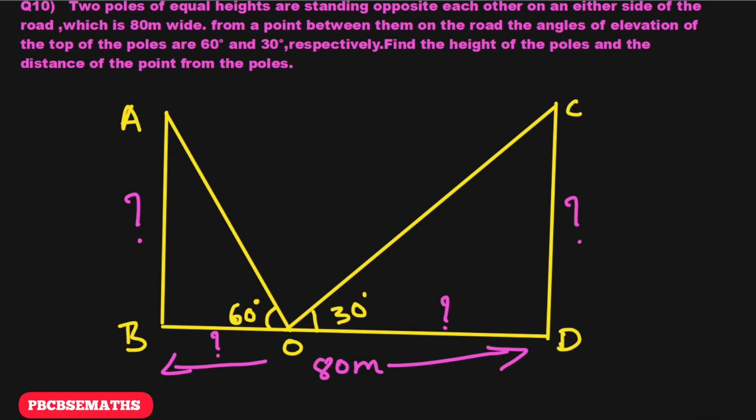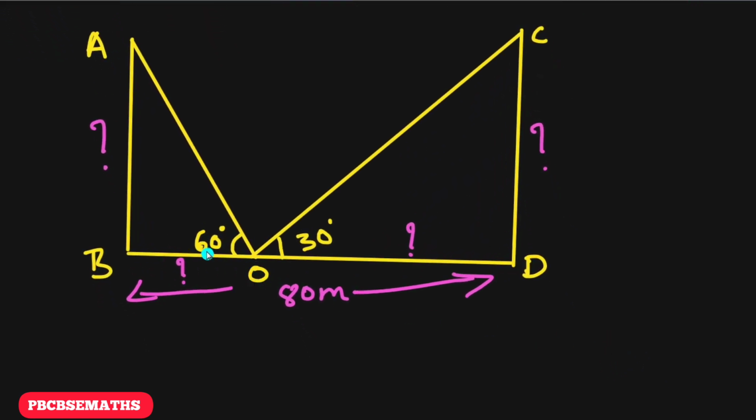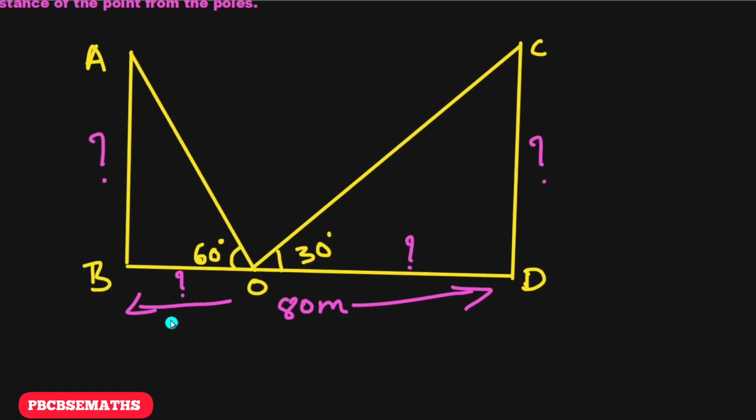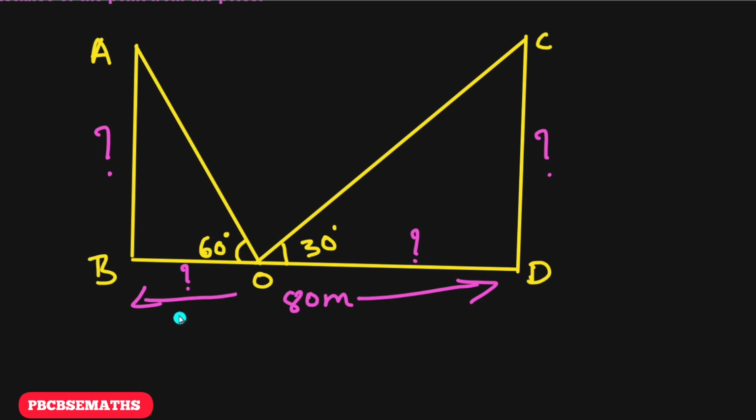So let's take a right angle triangle ODC. In the right angle triangle ODC, let's try to find the value of CD. And in this right angle triangle ABO, let's try to find out the value of AB. Then we will equate AB and CD. Then we will try to find out the heights of these two poles. So for that, let's consider the value of BO as x meters. If we consider the value of BO as x meter, then the value of OD becomes 80 minus x meters,